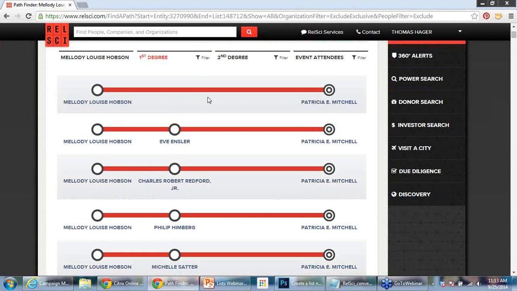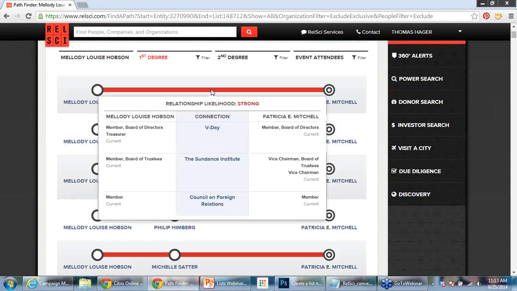So it's basically showing me that she has a direct connection to somebody on this list, Patricia Mitchell. They're connected because they're both on the board of V-Day, both on the board of the Sundance Institute, and both members of the Council on Foreign Relations. And if you've been in Pathfinder before, you'll remember that we rank the likelihood of people knowing each other as strong, medium, and weak. So you'll see here that there's a strong likelihood that Melody is connected to Patricia through these